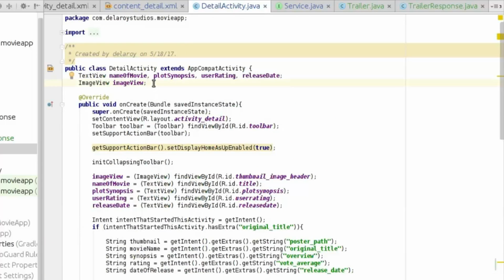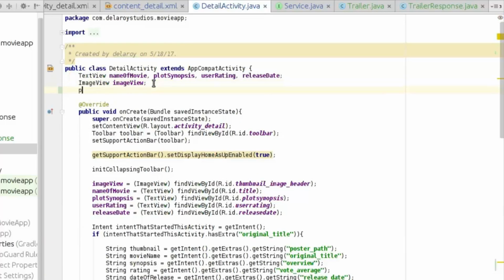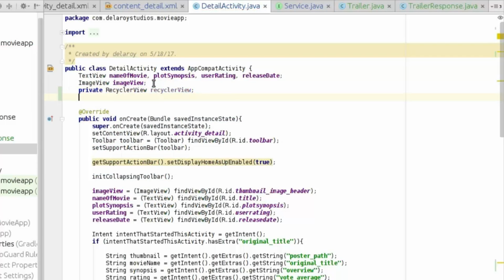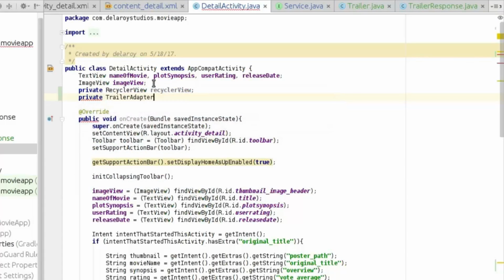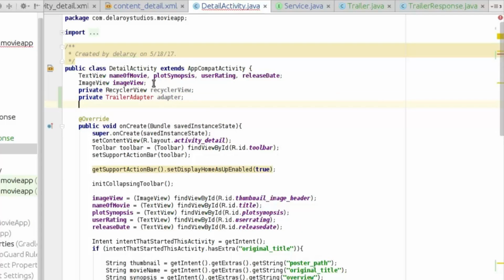First of all, we need the RecyclerView as a private RecyclerView object. We also need a private trailer adapter, which we've not actually created, but never mind, that will be the last to create. The adapter will help us to display,